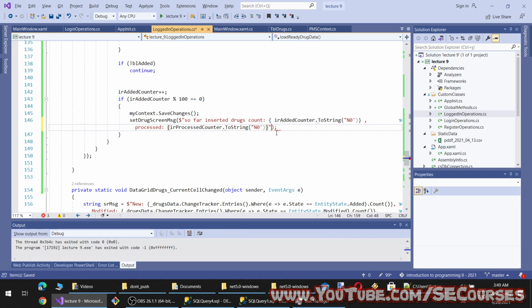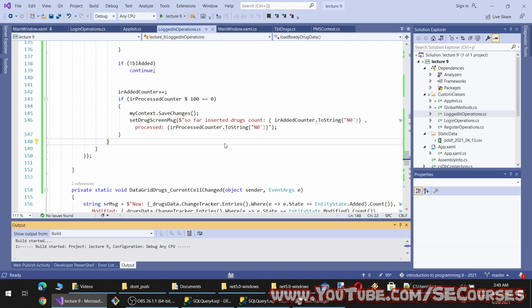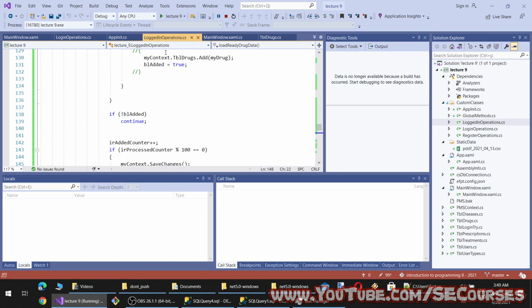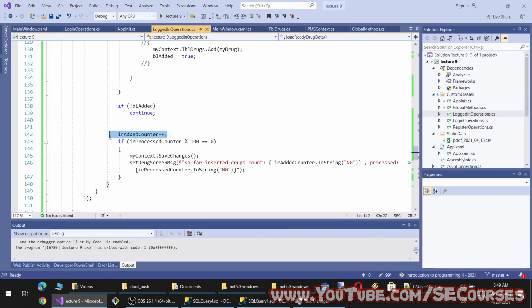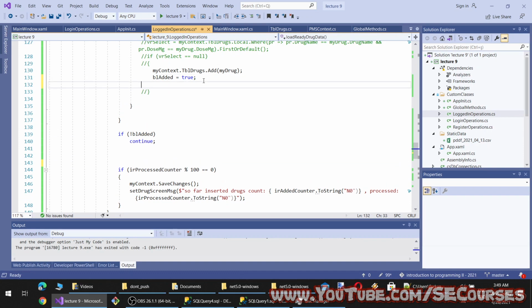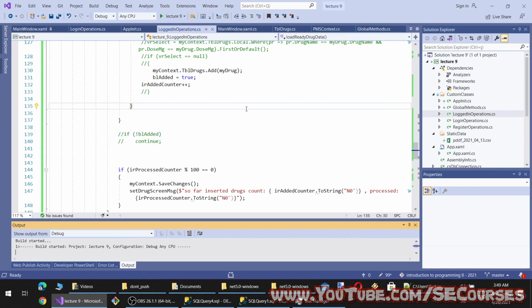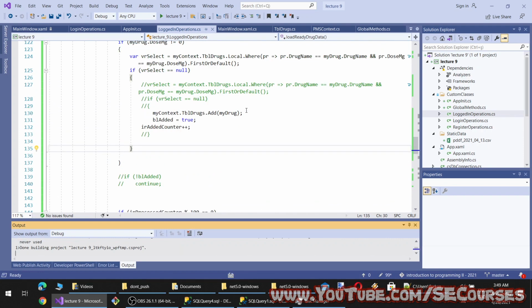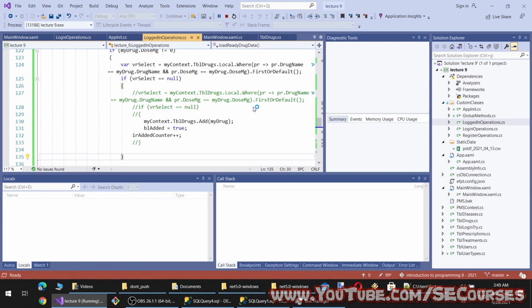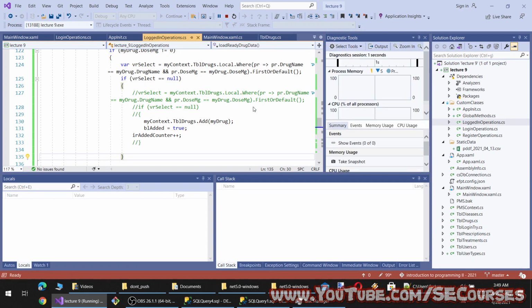Okay, and yeah, like this. So we need to change it to here. But if it is not edit, we do continue. Oh, I see. So I also need to change this and change this as well. So here, and remove this. Let's see how fast we will process records.